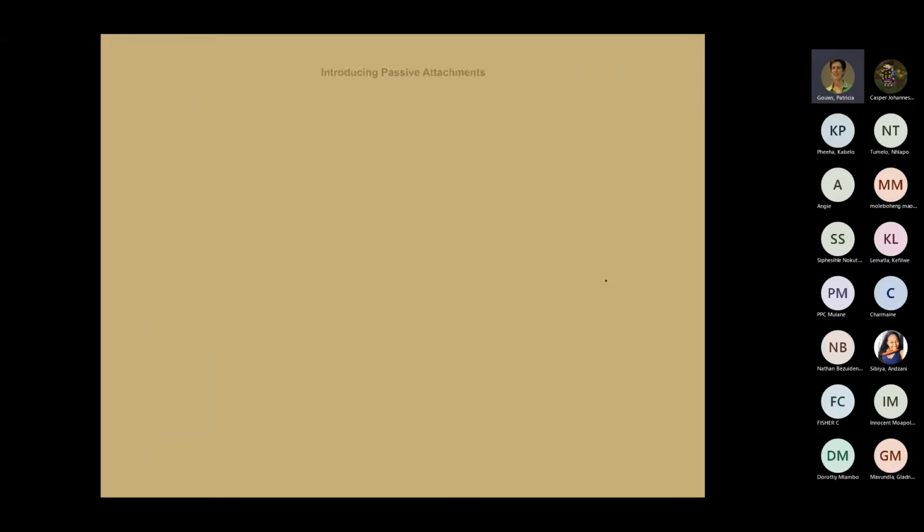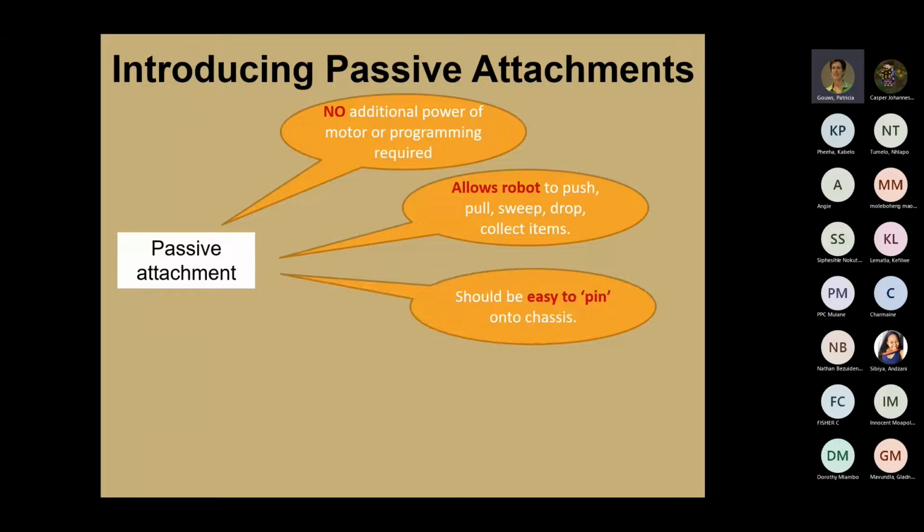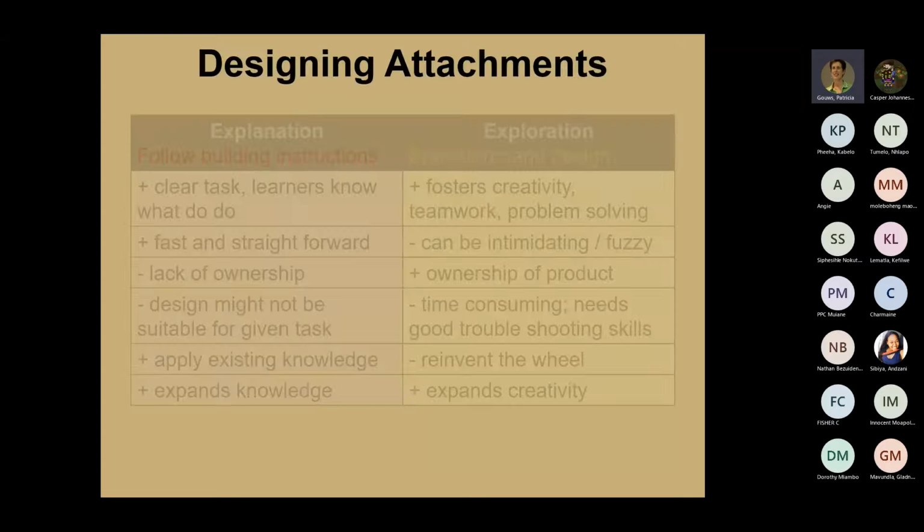All right. So let me introduce some passive attachments. Remember, no additional programming. It must push, pull, there's verbs, and it must be easy to attach to the chassis and easy to remove. And so examples are the bumper, the plow, the container, and the hook. So let me give you some examples. But first,